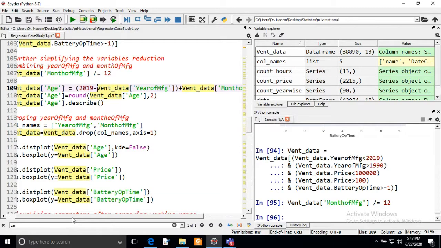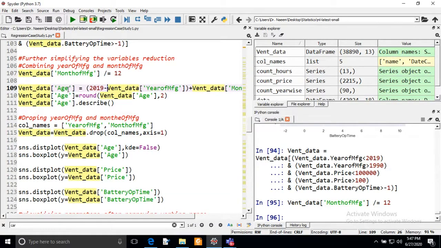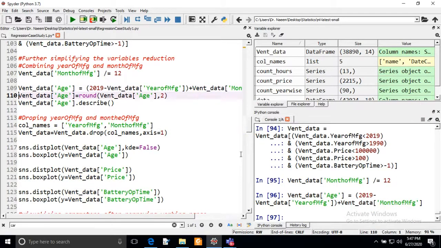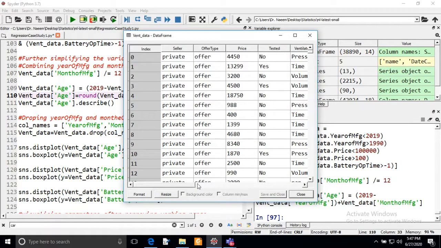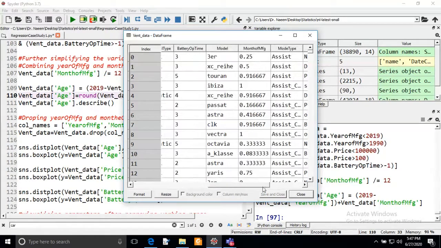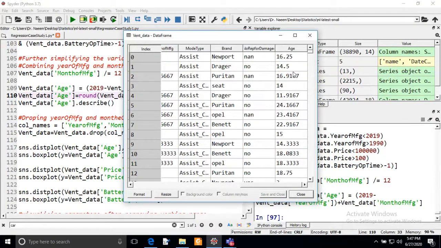So I'm adding one more column, age. I'm not having this column in this data frame, so now I'm adding one more column, age, and I'm going to execute. As you execute, you can see in the vent_data frame we have one more column. If you open this, you can see the age column we have appended at the end, and now we have up to 2 decimal places.